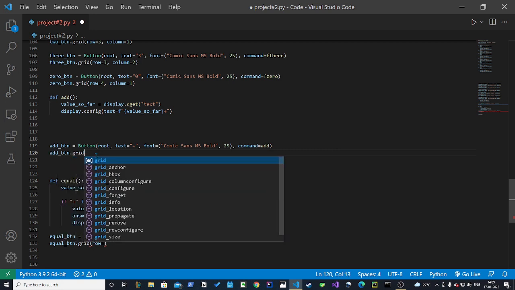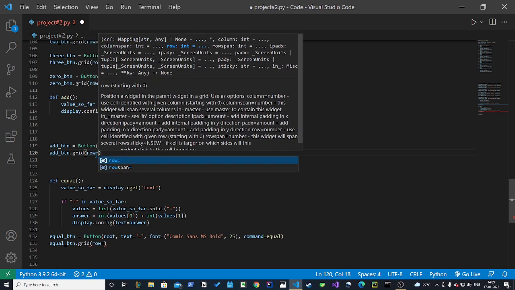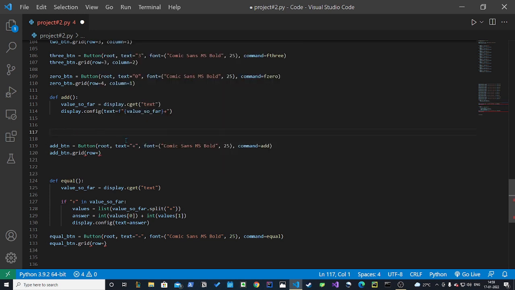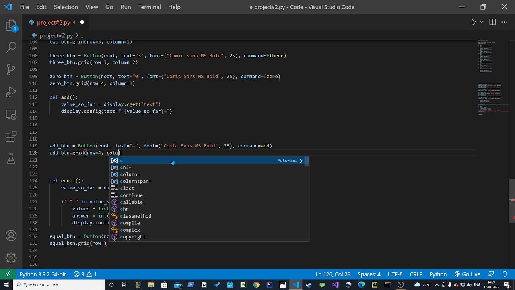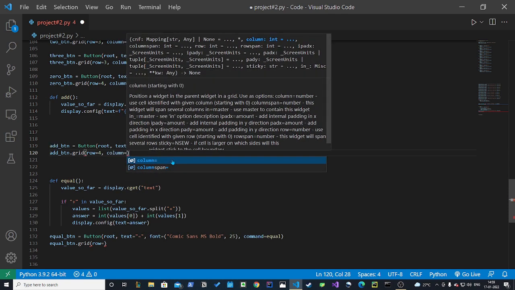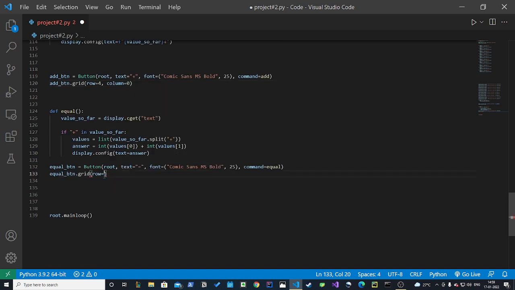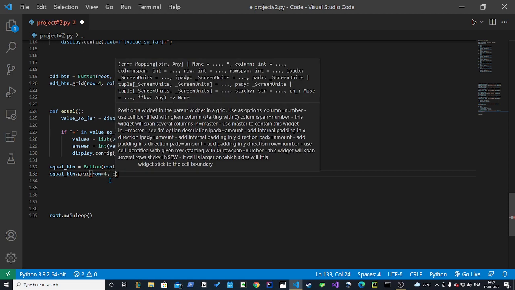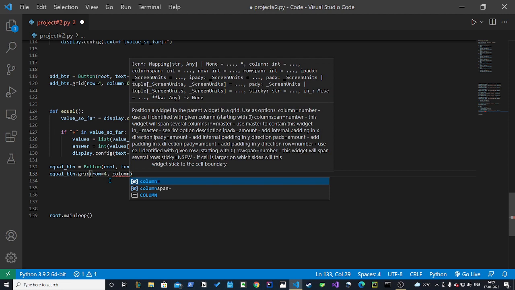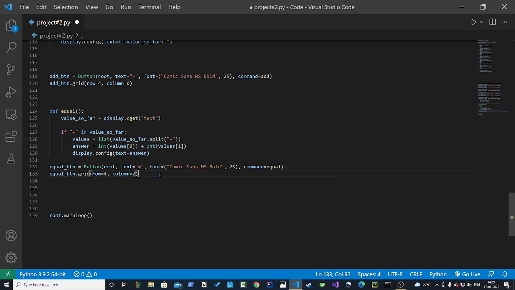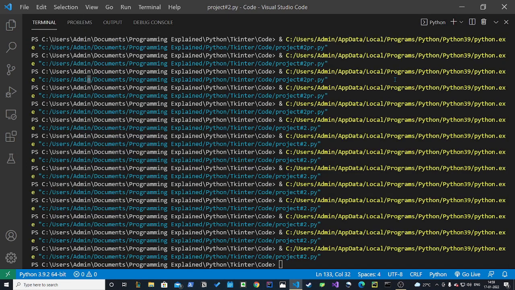So add button dot grid row is equal to, it is right before the 0 button, so the row will be same, the row will be 4, but the column will be 1 less, so column will be 0. For the equal button, the row will be same again, but the column will be 1 more than the 0 button, which is 2. So now if I run this,